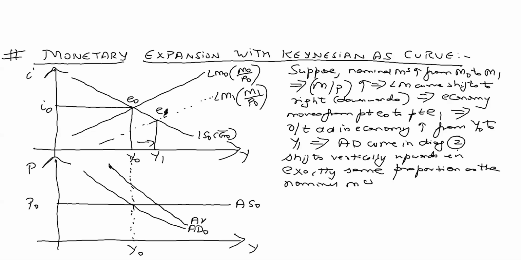So you can see I've drawn a parallel shift. AD curve shifts upwards. My diagrams will not be very neat for obvious reasons, although I want them to be very accurate, but given the limitations of online lectures, having them is a bit problematic. So it will shift parallelly upwards in exactly the same proportion as the nominal money supply,